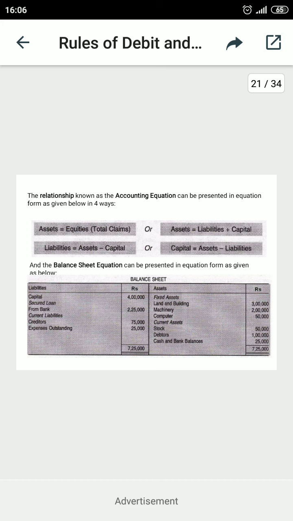Now many kinds of assets are mentioned on the asset side. The totals of both are equal. Asset refers to the debit side and liability refers to the credit side. So the result of the accounting equation is that both sides should be equal: asset should equal L plus C. This is the specimen given to you with the help of the accounting equation. Because the data is listed in the balance sheet, we can easily prepare the balance sheet.